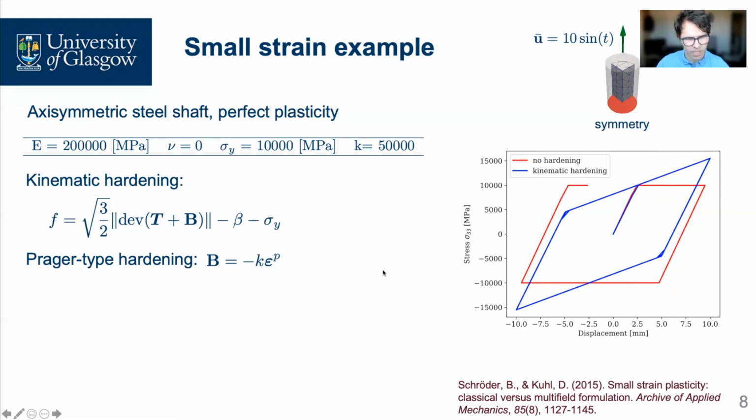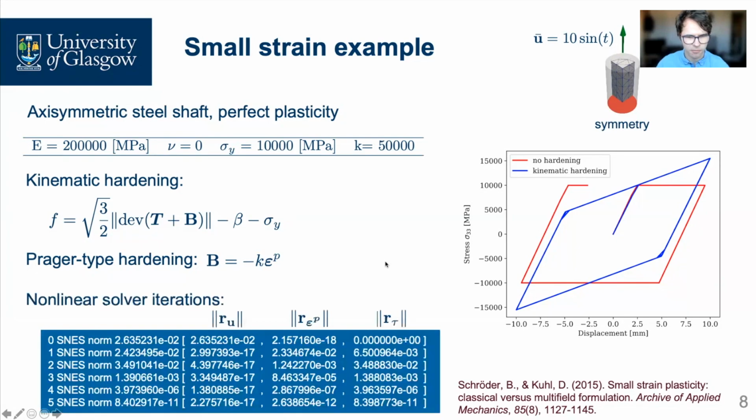the plasticity theory. If we look at the nonlinear solver iterations, we can see in these three columns the residuals of our three fields, primary variables: plastic strain, multiplier, and displacements. And because we are using simple small strain kinematics,